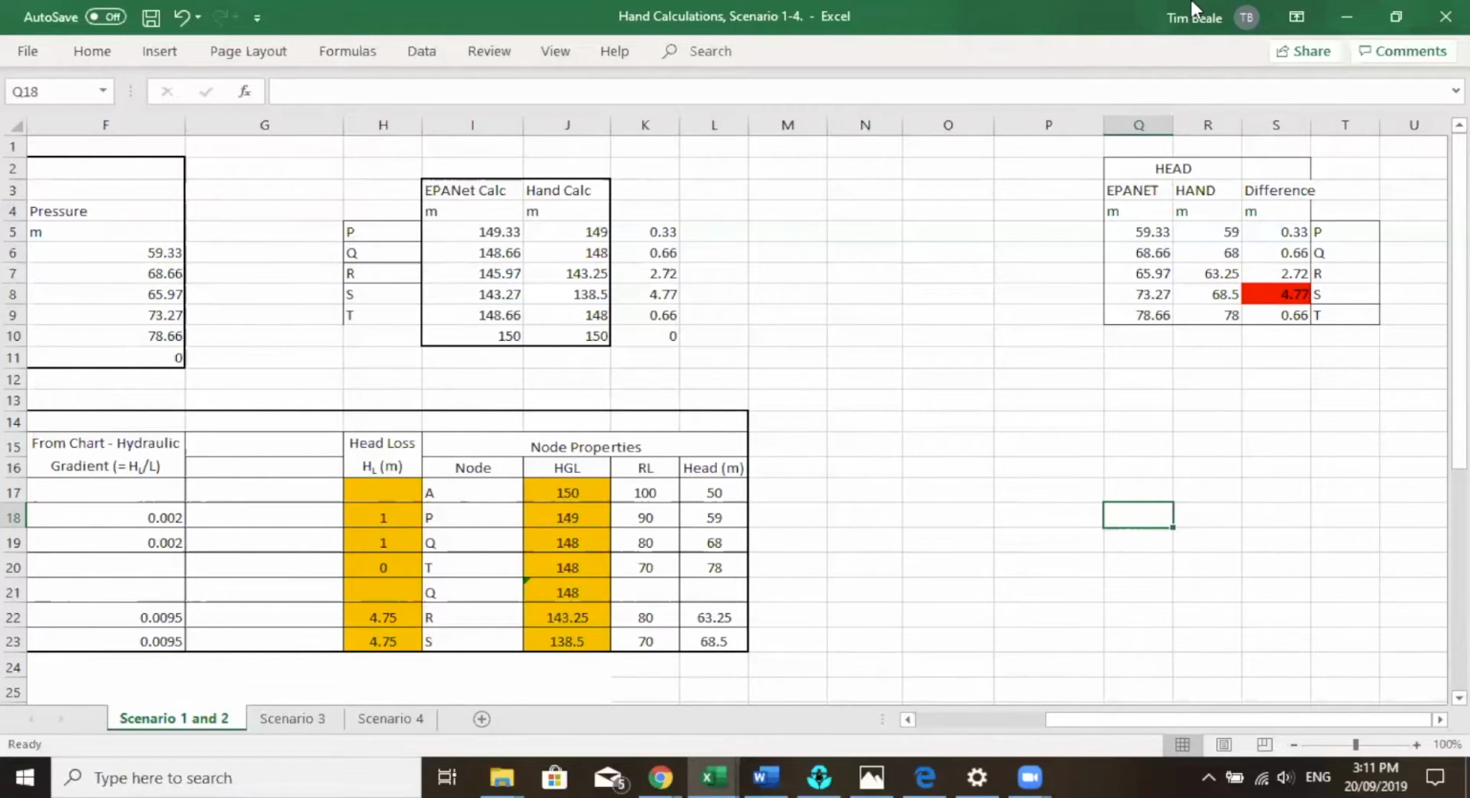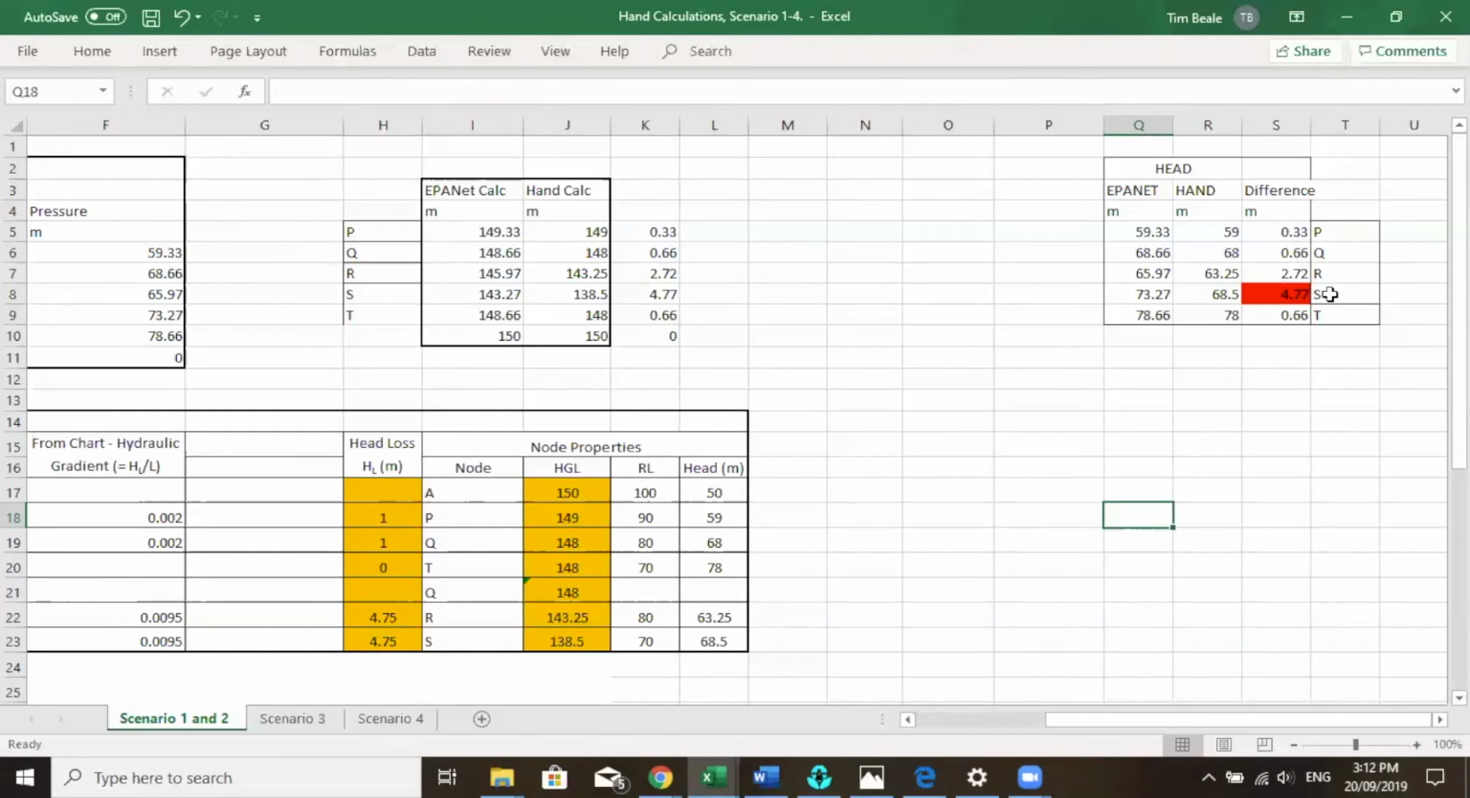So if you were to summarise it, what were your main points? My main points were the fact that we have used a different equation in calculating our head, actually our head loss. So that would probably be the main discussion point for the difference in our hand calculated value and the EPANET value. But apart from that, it was actually quite accurate across the board. 0.33, 0.66, just two values here. Our biggest difference was actually at node S, which is the one that we were looking for, 4.7 meters. It's quite large, but